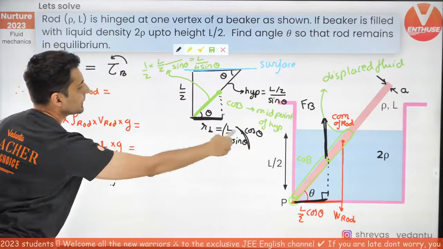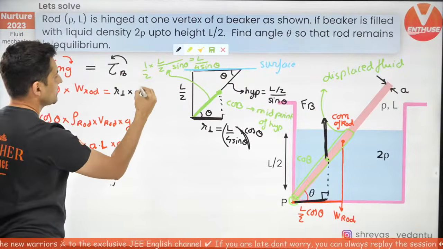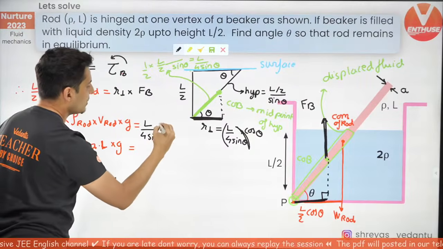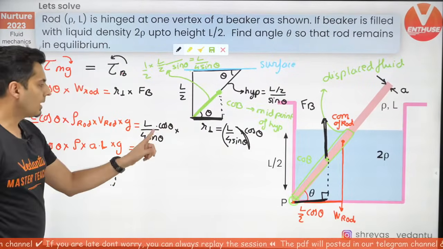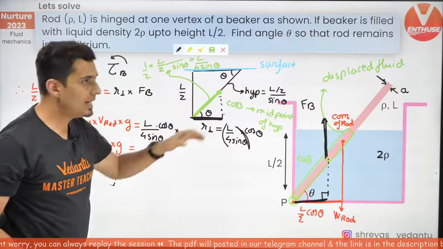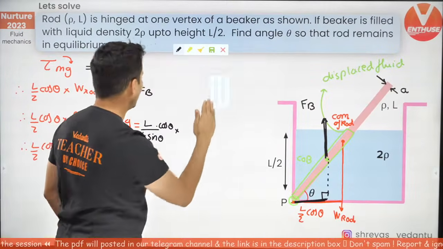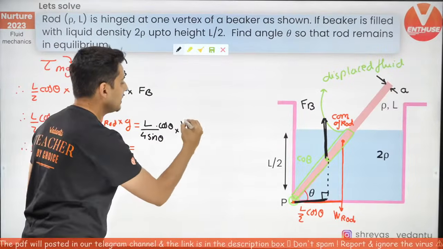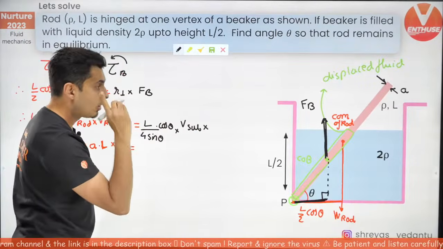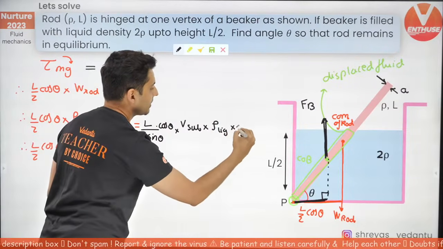So this torque will be the R perpendicular multiplied by the buoyant force. So the perpendicular will be L by 4 sine theta, and you have cos theta on the top. Now I will erase all of this because I have found the R perpendicular value. I don't need this anymore, so I'm just going to erase this much part, into buoyant force. Buoyant force will be the volume submerged into rho of the liquid, into G.